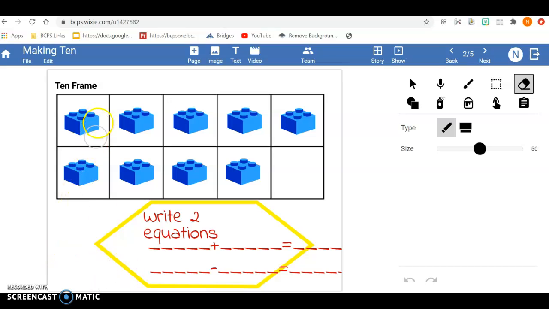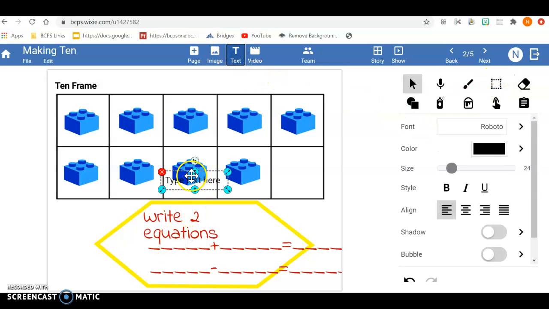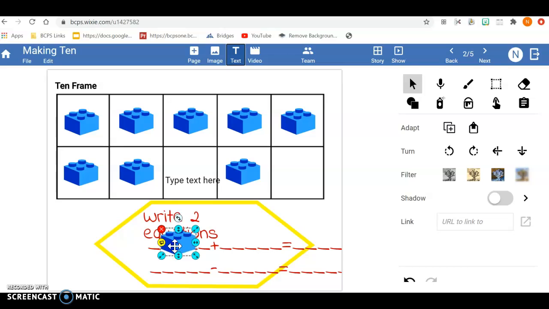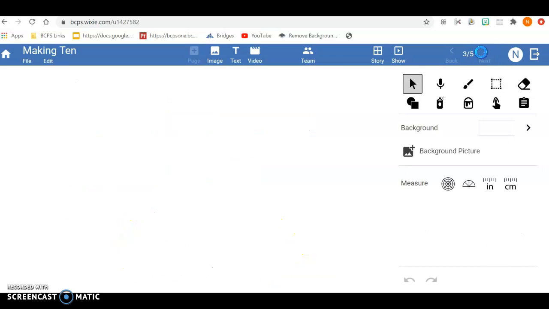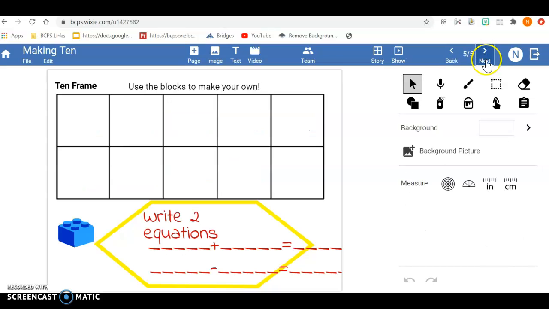Well, how can they show how many are there? So again, you can do a text box and move the text box down here. Oh, except I'm moving all different kinds of tools. Again, this is new for me as well, but it's definitely a fun, interactive activity that they can do. So there's just all different kinds of elements involved in all of that, where they can actually show their